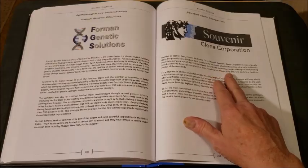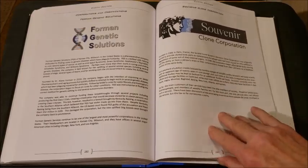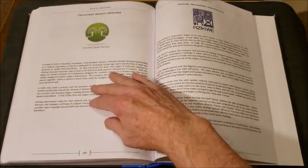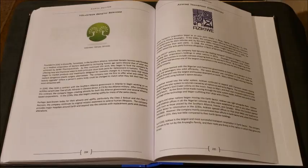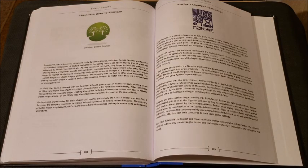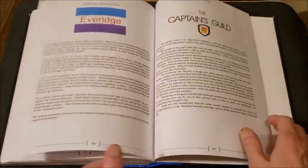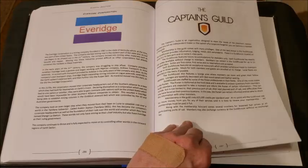Souvenir Clone Corporation. If I could speak French, I would try to say the French version of that. Volunteer Genetic Services. These are very well thought out. Again, I've likened these to cryptic alliances from Gamma World, and this continues that tradition. I really, really like this. This kind of stuff breathes life into a campaign. Average Corporation, the Captain's Guild,